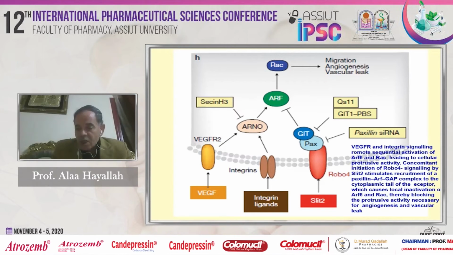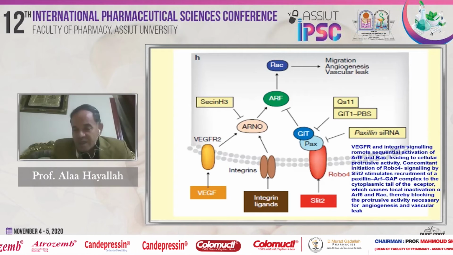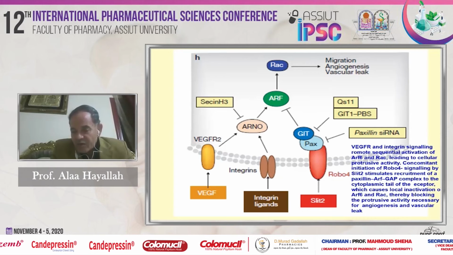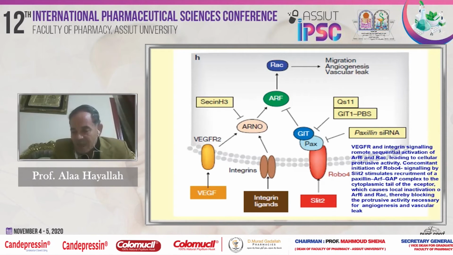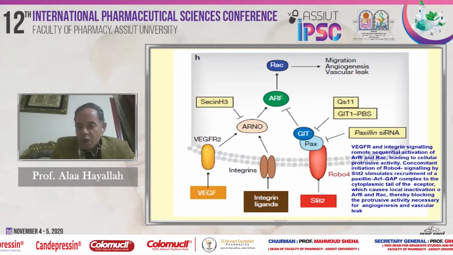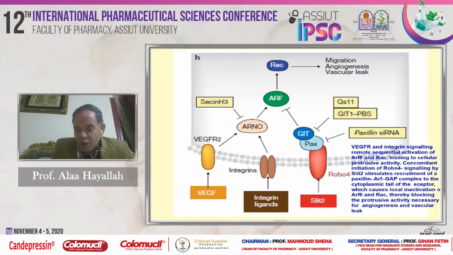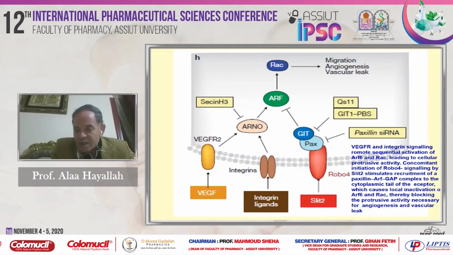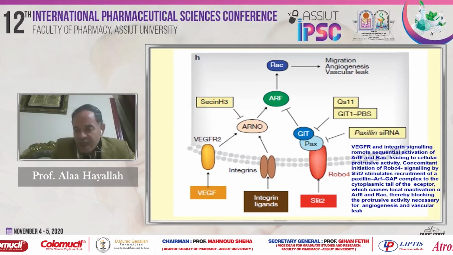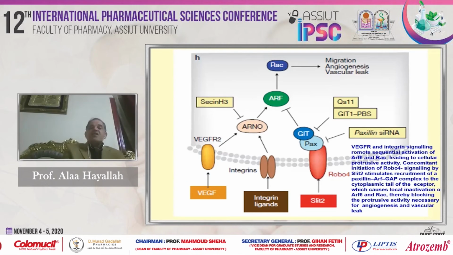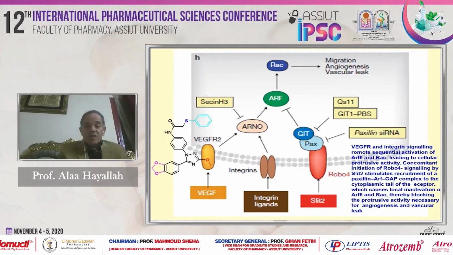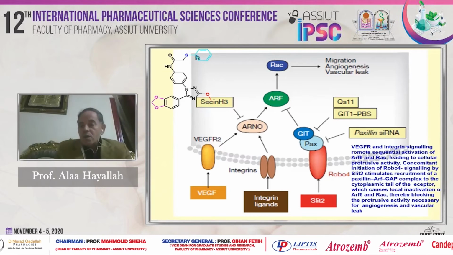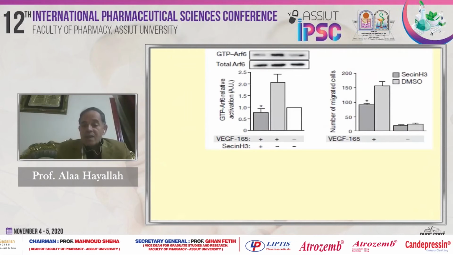Concomitant initiation of ROBO4 signaling by Slit2 stimulates the recruitment of the Paxillin-ARF GAP complex to the cytoplasmic tail of the receptor, which causes local inactivation of ARF6 and RAC, thereby blocking the protrusive activity necessary for angiogenesis and vascular leak. And after the application of cytohesin inhibitor SecinH3 in a parallel way to ARNO, as you see here,